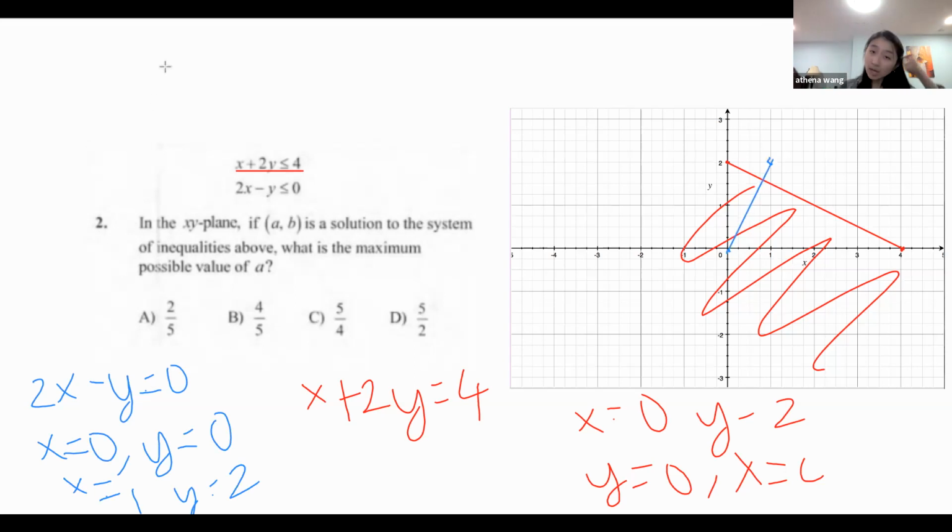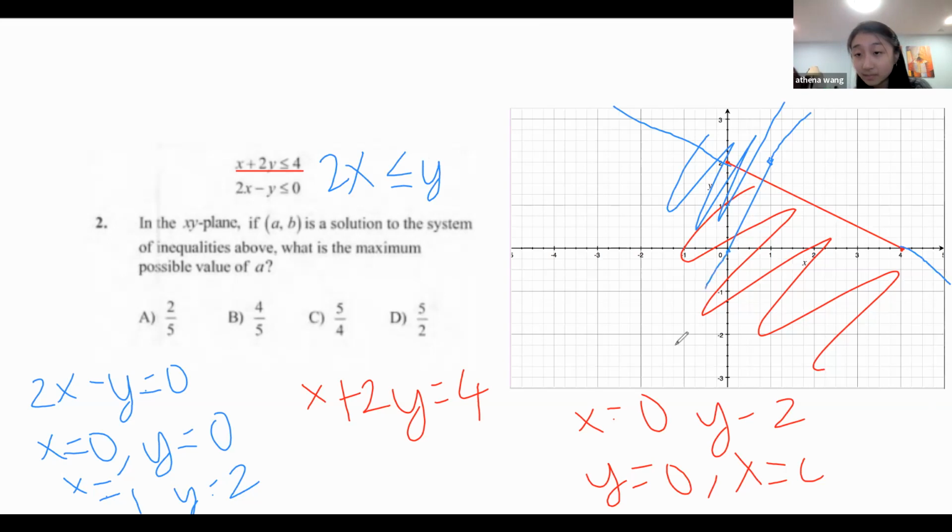And we can draw a line through that. Okay, and we know that y is negative here, so we can just move y to the other side. So we have y is greater than or equal to 2x. So it should be above that line. So we're going to shade in up here. So the section that is overlapping is the section